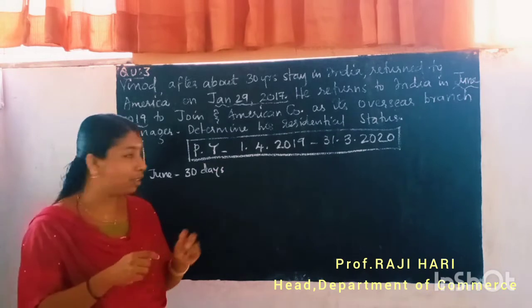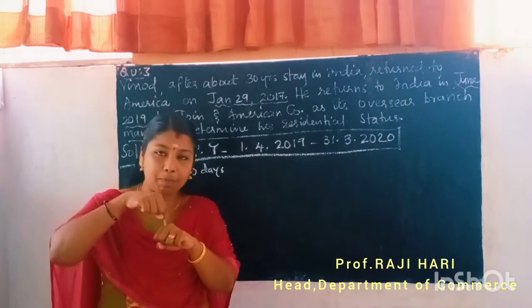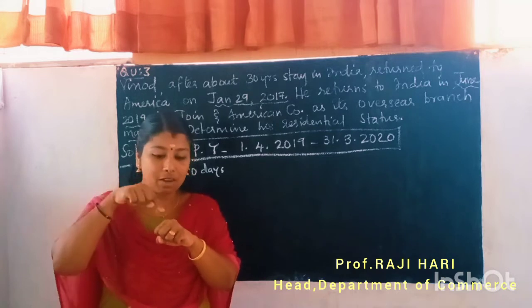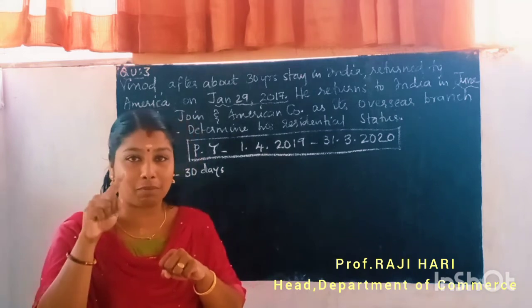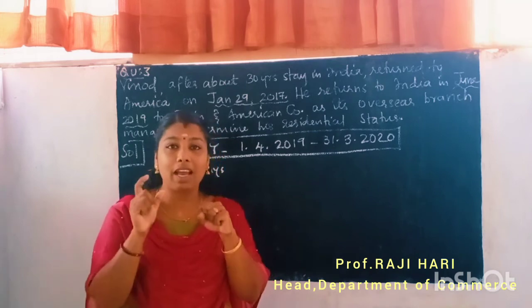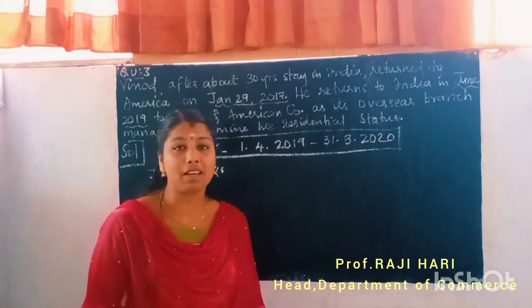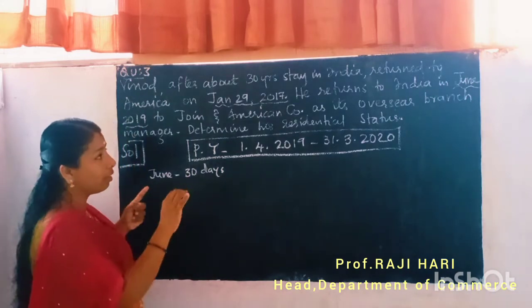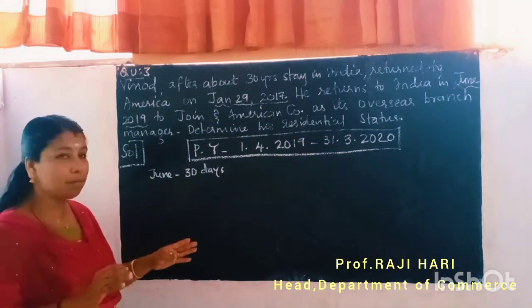I have already taught you how to calculate the number of days in each month. You start from January 31, February below 31, then March, April, May, June, July, August, September, October, November and December. All these top portion months have 31 days and all the down portion months have 30 days except February. And in February during the leap year 29 days and all other years, normal years 28 days. That you have to remember. So during June, the date is not mentioned, he only said he returns to India in June, so we assume that he came on June 1st itself.